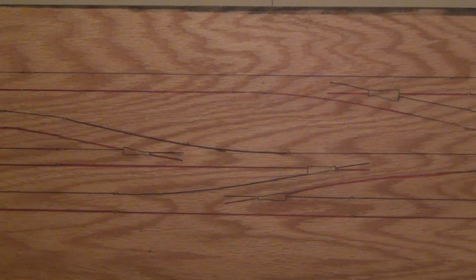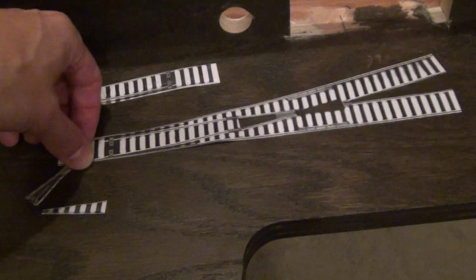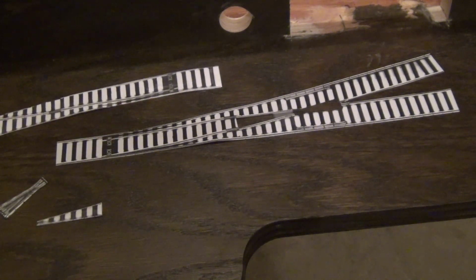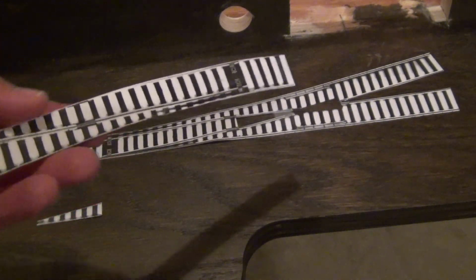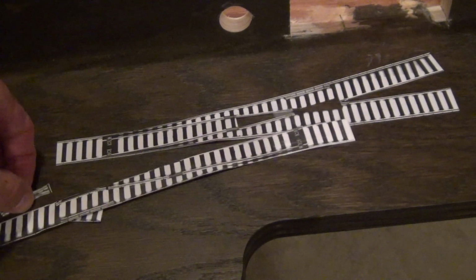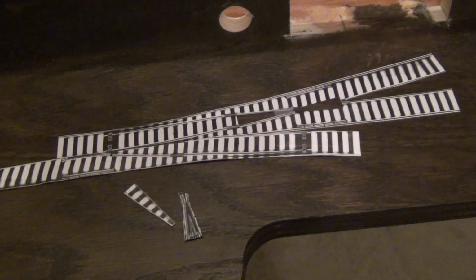I'm going to be able to mount the Tortoise switch machines underneath here and just give perspective on where everything is at. I did have a little help in getting the layout traced, so what I ended up doing was I took a turnout to work, photocopied it. So this is an actual size of a Walthers left-hand number 5 turnout. Made a couple copies of it. This one, to get the curves right for the drawing, I just took it and cut it out on the inside of the rail, covered it in some contact paper so I had a little bit more of a firm surface. Made a copy of the frog, covered that in contact paper. Made a copy of the rails that come off the point rails that guide